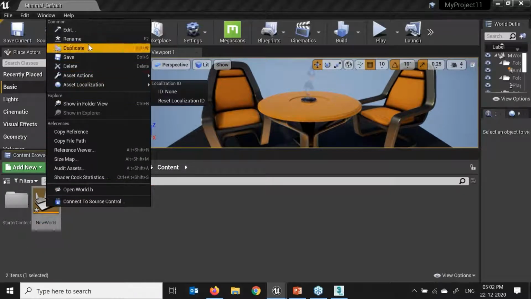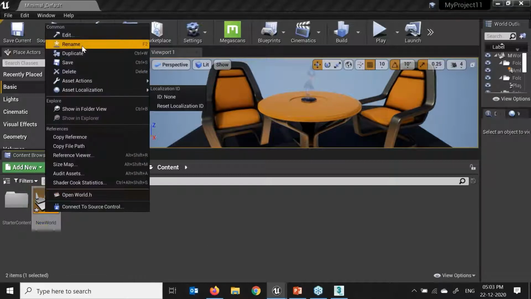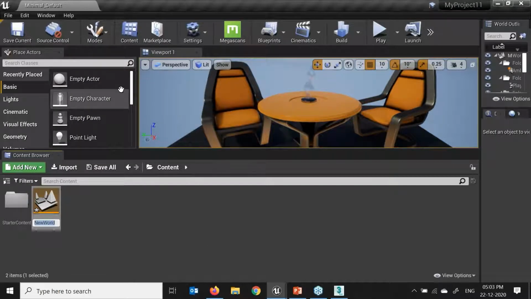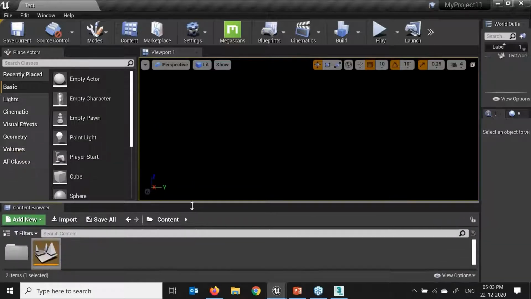Right click and say rename. Escape. Right click and say rename. Test. This is my test. If I double click on that, here we can see this new level is open.